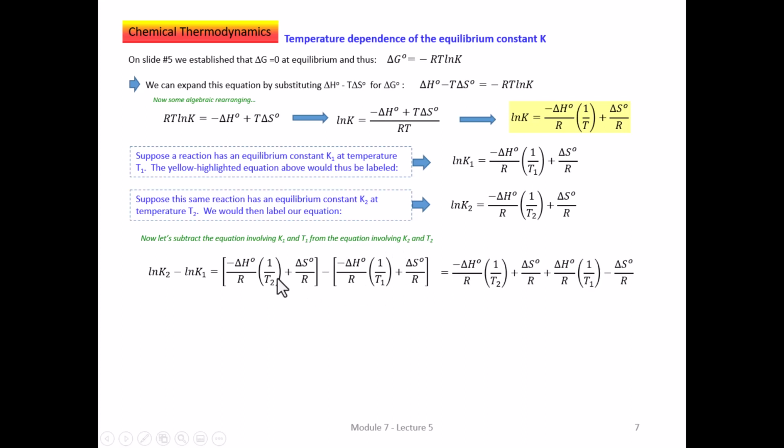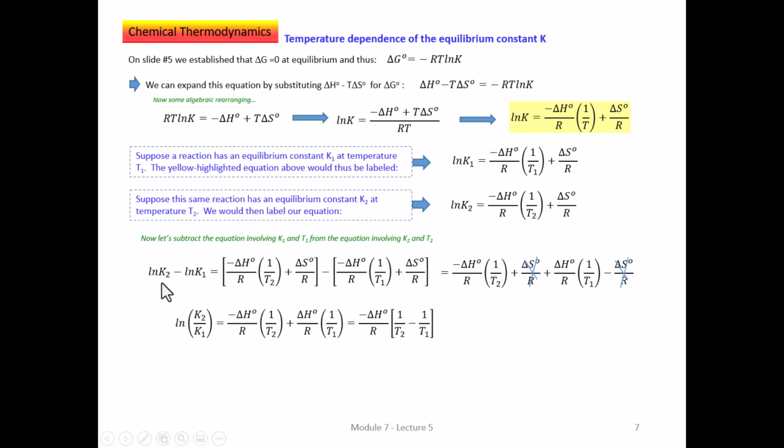If we get rid of the brackets here, we'd have the first term written right here, and then we have minus a minus, so we have plus delta H over R times 1 over T1, and minus times this plus would be minus delta S over R. The convenient thing now is that these two terms involving delta S cancel out,